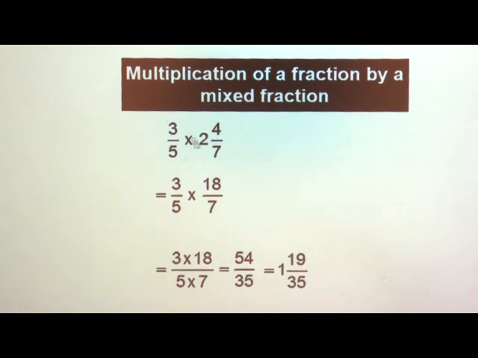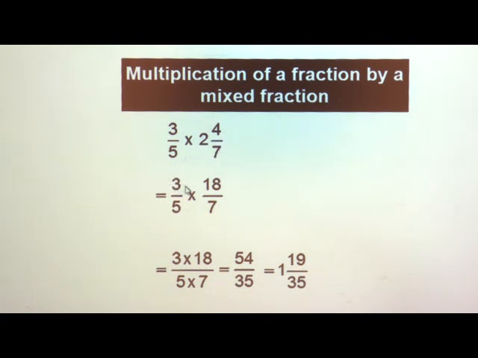Simple fraction 3 upon 5. Yes, you have this, which is nothing but a mixed fraction. This is 2 whole 4 upon 7. 2 whole 4 upon 7. So the mixed fraction we have to convert into an improper fraction. So here what will we do? We will multiply this, 7 2s are 14. We will add the numerator, that is 4. 14 plus 4 is nothing but 18. And the denominator, the same denominator we have to write. So we got one fraction out of one mixed fraction.